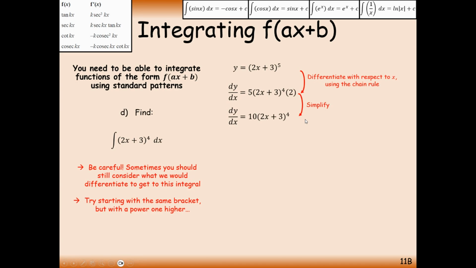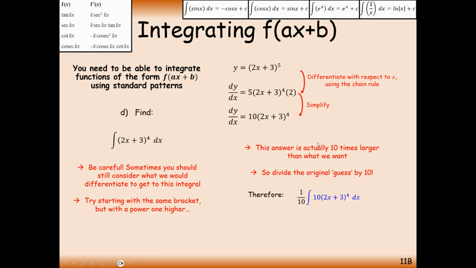Dividing by the new power and putting a factor of 2 in front of the integral will tell us that we need to divide by 10 because the new power is 5 and the coefficient of x is 2. So 5 times 2 would give us that 10 that we need to divide by. Okay,